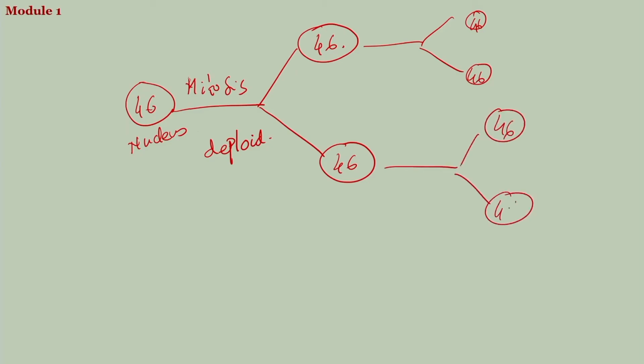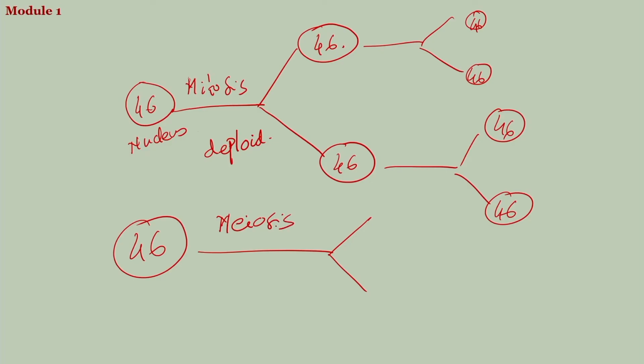There is one exception: the cell starts with the 46 and then it undergoes not mitosis but meiosis cell divisions, where in the new cells it is not 46, it is 23, half of it. 23 means 22 plus 1, and here also 22 plus 1, haploid cell divisions, half cell divisions,